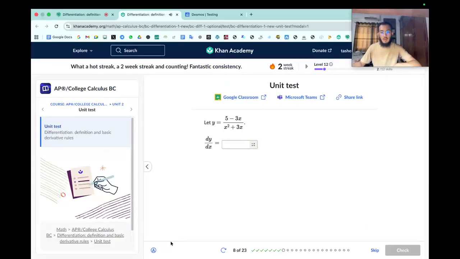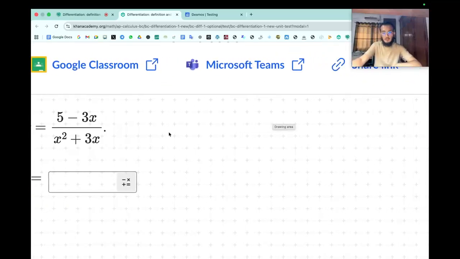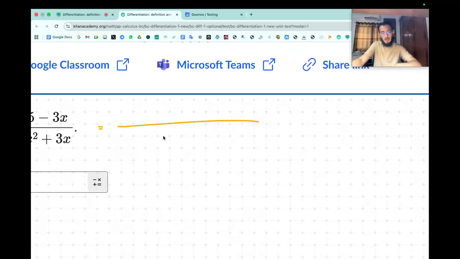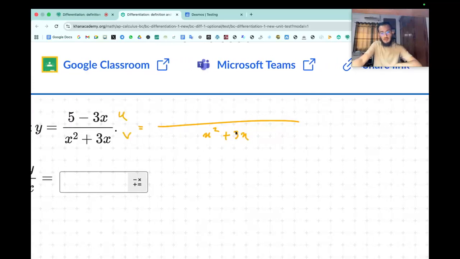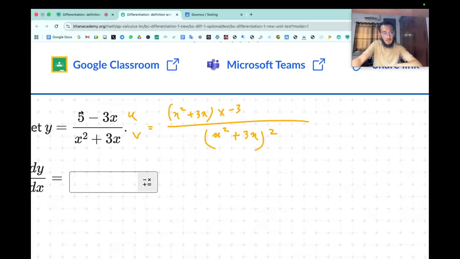Okay, so for this one we need the quotient rule. I'm going to differentiate this. Denominator squared, x squared plus 3x. So this is u, this is v, v squared. V times the differentiation of this, which is negative 3. The differentiation of this is 0, and negative 3x is negative 3,